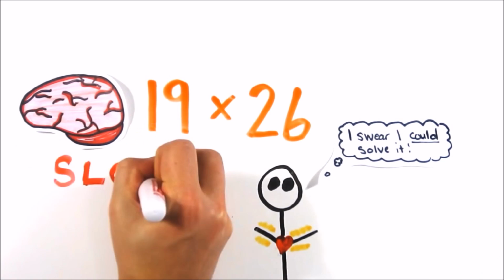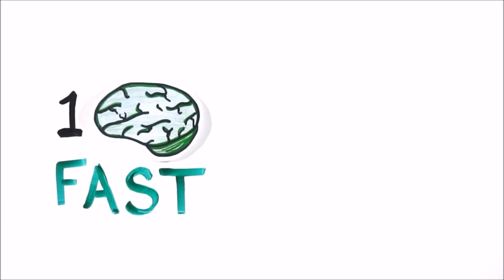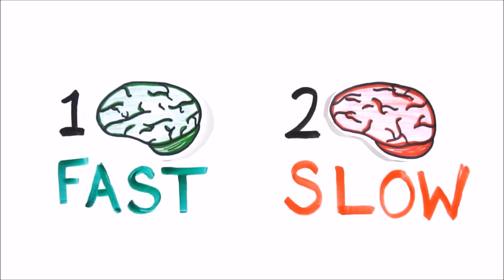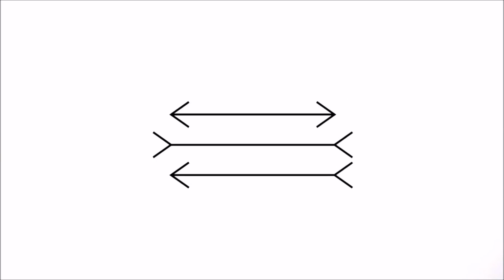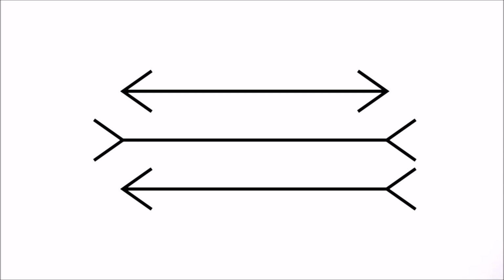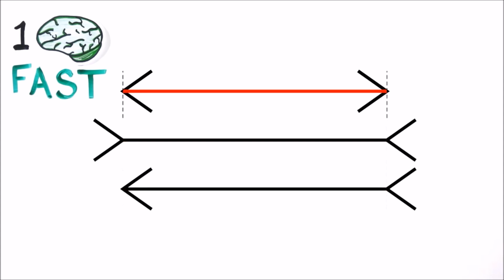Now, you've experienced slow thinking. These two systems of fast and slow thinking dictate much of our perception and reaction in life. Take these lines for example. It's clear that they're different lengths, but if you measure them, they're actually the exact same length. Even now that you know, System 1 or your fast thinking can't stop seeing the illusion because it acts automatically.